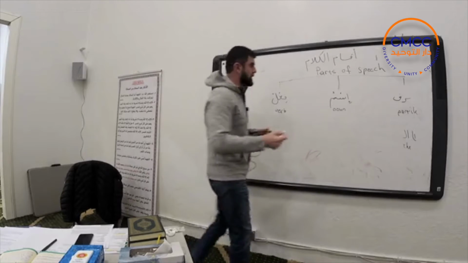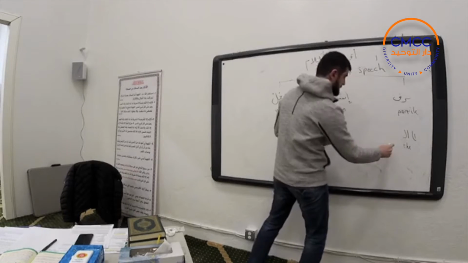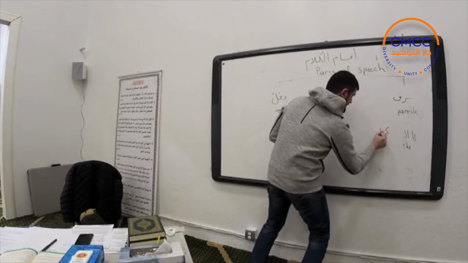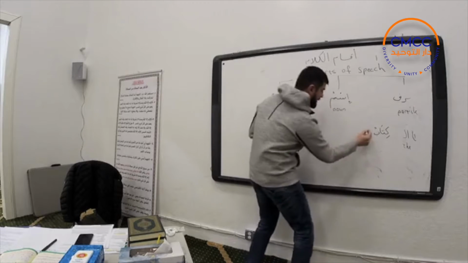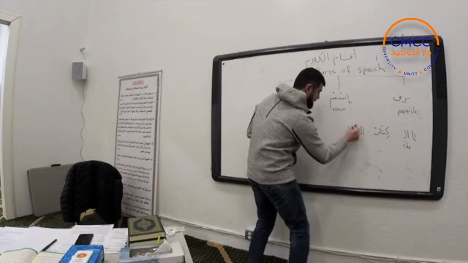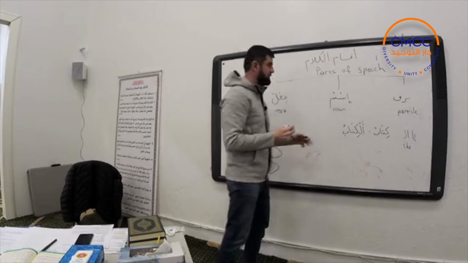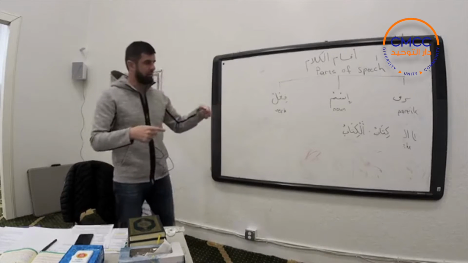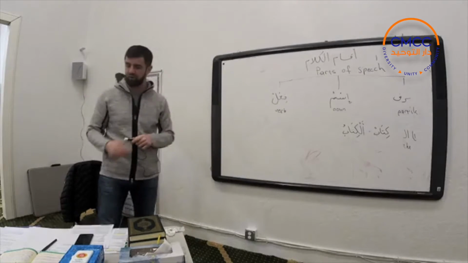Do you want me to write down the example? Yeah. So for example, just kitabun, right? We have a tanween here, but if we want it to be a definite one, we put al: al-kitabu. Okay, so that means the book. So briefly, that's it. Probably in this lesson we'll come back to this topic in detail, but right now I'll just go over it very quickly.